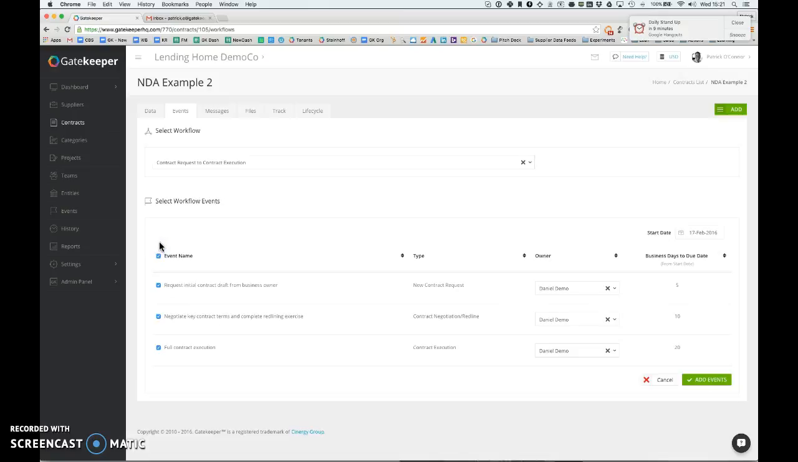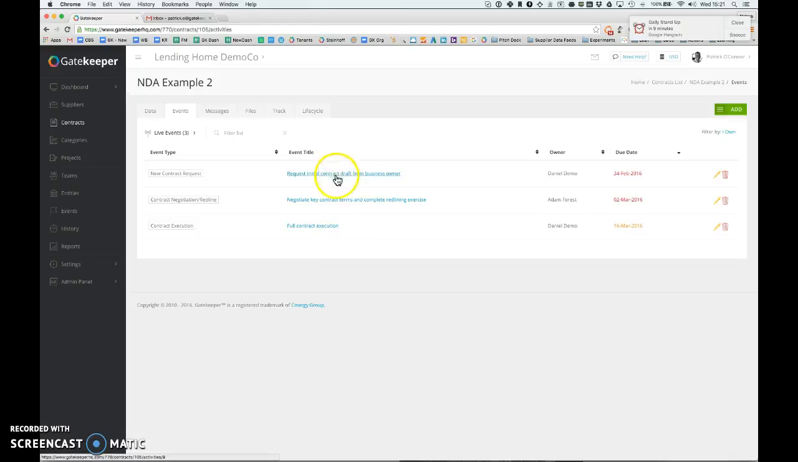So I'm going to add all the different steps. I'm going to say, well, we'll just add it today. And as you can see, it's pre-filled with the business owner. But in this case, negotiating the key contract terms and redlining will no doubt come to you. And the full contract execution may be back to Daniel Demo, that user who's responsible for interfacing mainly with the supplier. So I'm going to add those events, and now we've got 3 simple events, and we've got the dates that have been automatically calculated based on these events. If we take a look at the life cycle now,